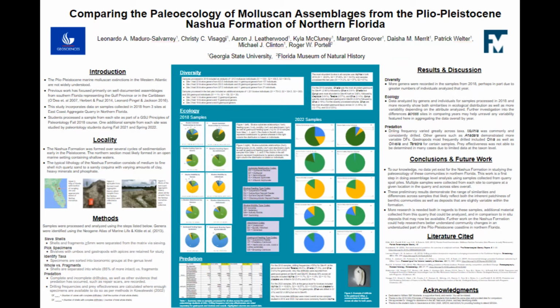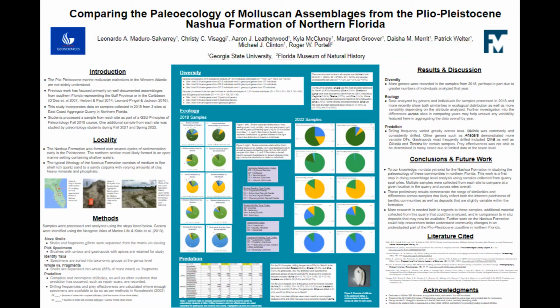Whole versus fragmented specimens were identified and separated, with whole specimens being considered any specimen that contained at least 85% of the shell intact. After this, predation was considered, in which the